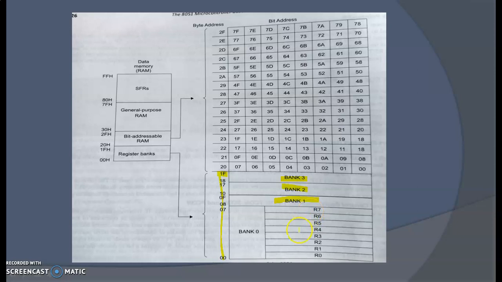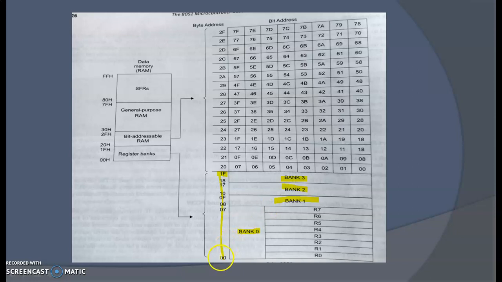By default, always register bank 0 is selected whenever we write any data into R0 or R1. But if we want to use register bank 1 or 2 or 3, then we have to change the value of register select bits.